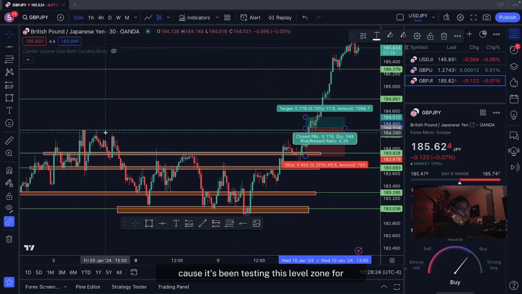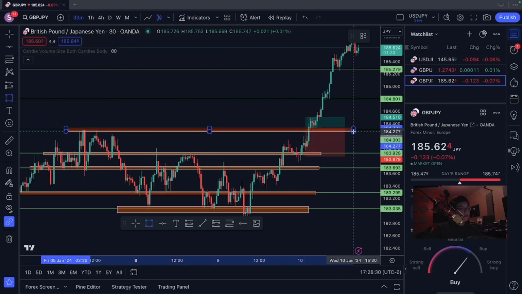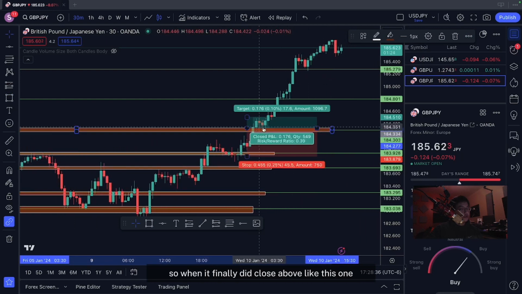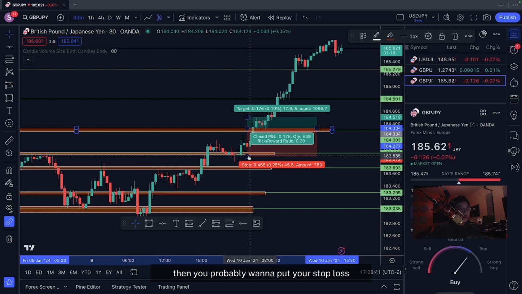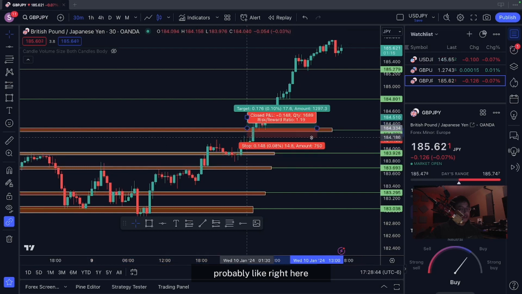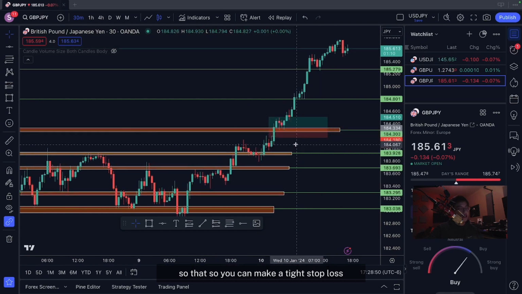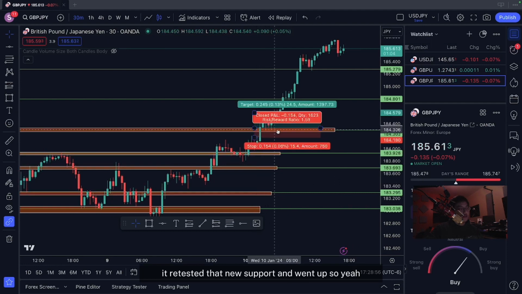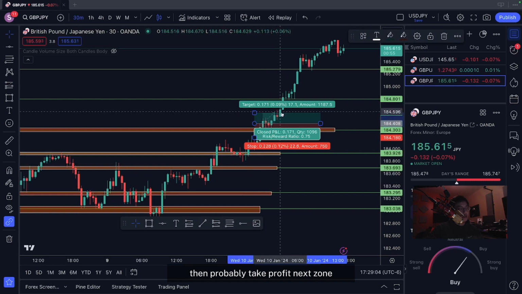Because it's been testing this level or zone for quite some time. So when it finally did close above, like this one, then you enter. Then you probably want to put your stop loss right here, just barely under, so you can make a tight stop loss. And then it retested the new support and went up. So entry would probably have been right here, right past the wick, went up, then probably take profit